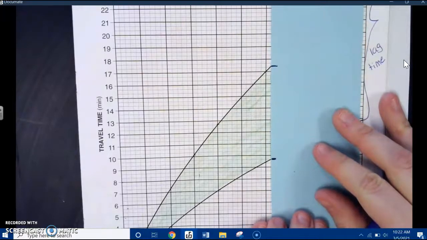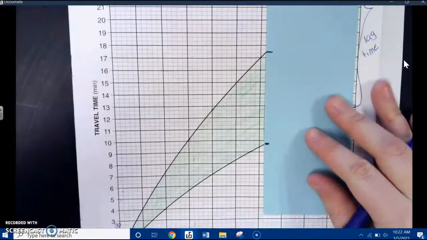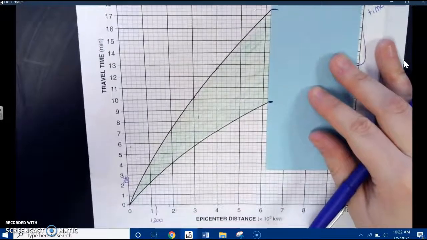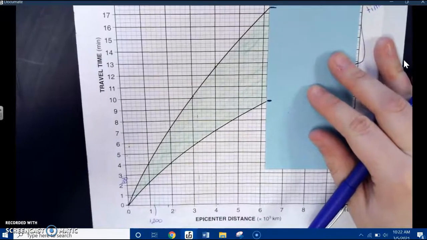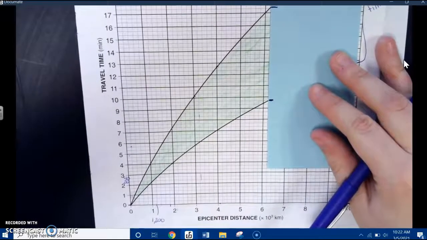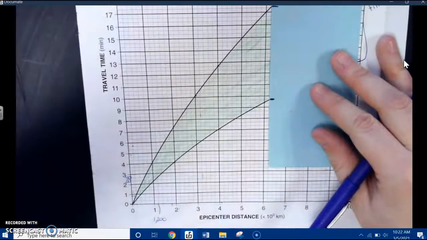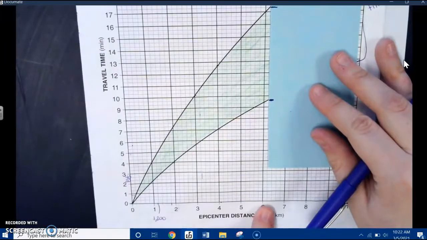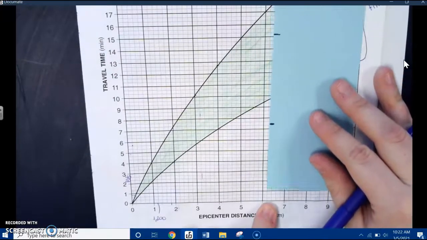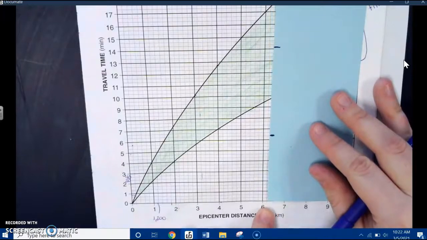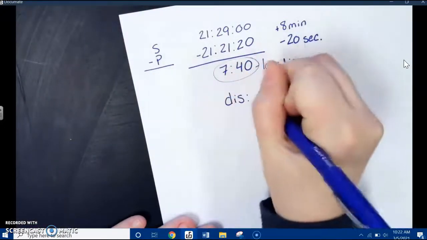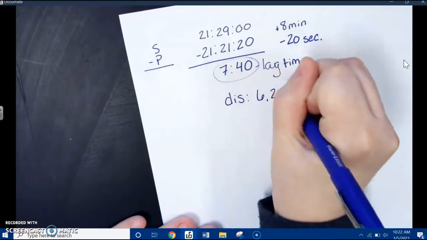So now you're going to follow that down to find your distance. Here, you're going to follow it down, and it's one box after. So that's 6,200. So the distance here is 6,200